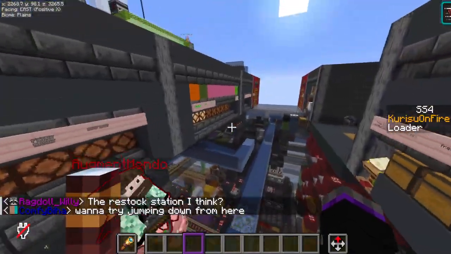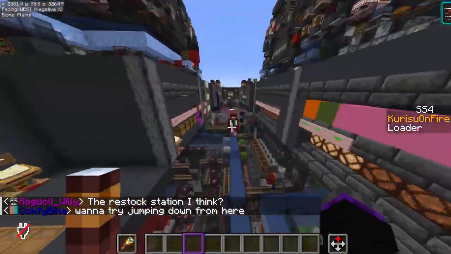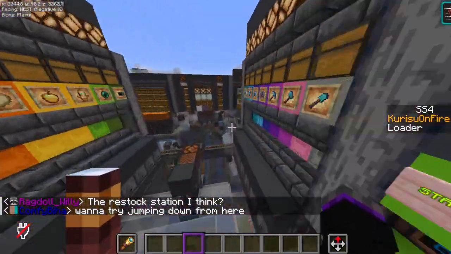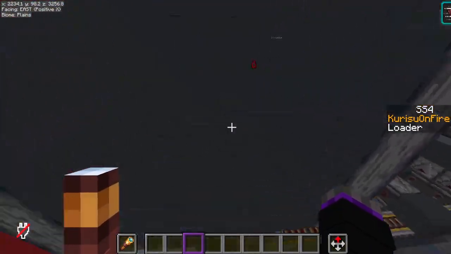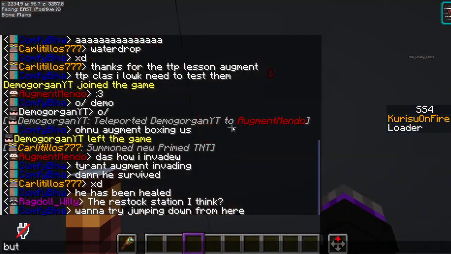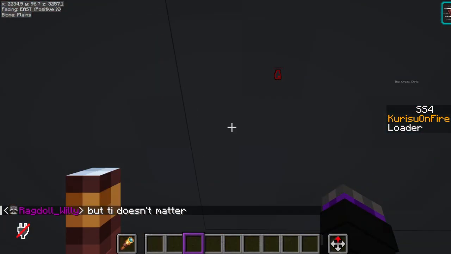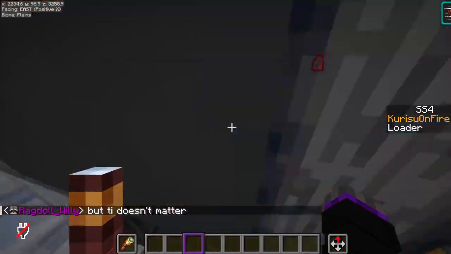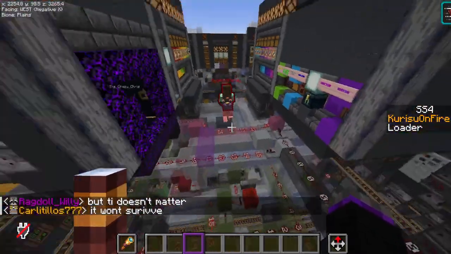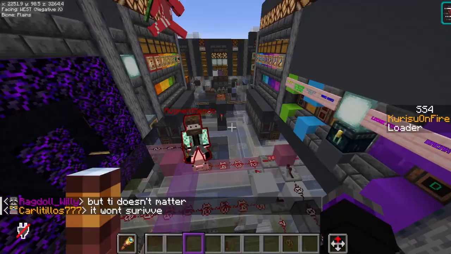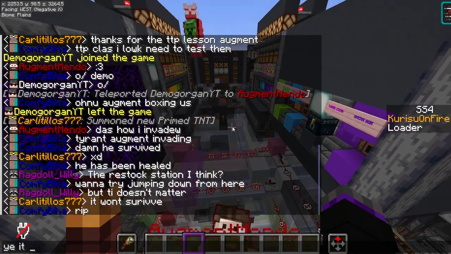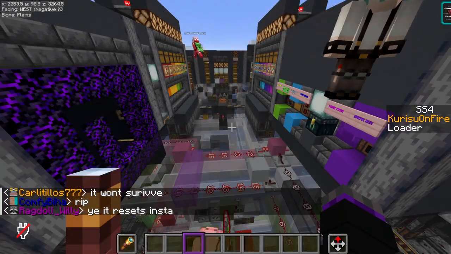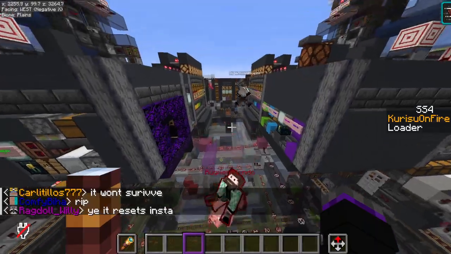Restock station has toggle? Maybe. Maybe it does. Maybe it doesn't. Yeah, I guess it does. But I think it will self-reset. I'm not sure. Yeah, but whatever. I guess there is a toggle over there,